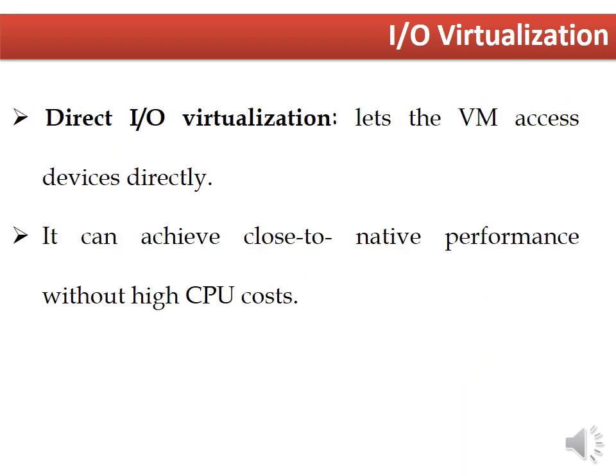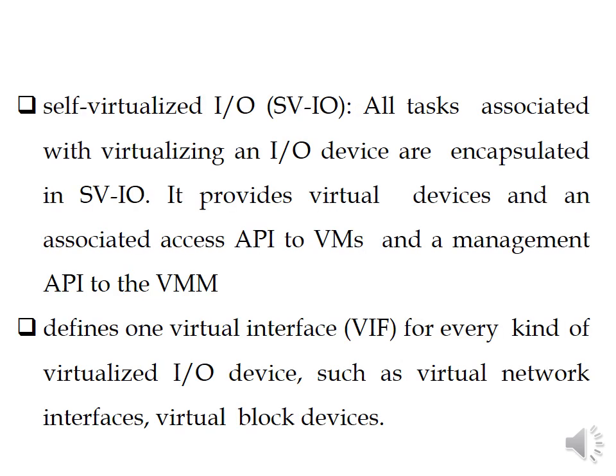The third technique is direct I/O virtualization. Let the VM access the device directly. It can achieve close to native performance without high CPU cost. Next is self-virtualized I/O, that is SV-IO. All tasks associated with virtualizing an I/O device are encapsulated in SV-IO. It provides virtual devices and an associated access application programming interface to VMs, and a management API to the virtual machine monitor or hypervisor. It defines one virtual interface for every kind of virtualized I/O device, such as virtual network interfaces and virtual